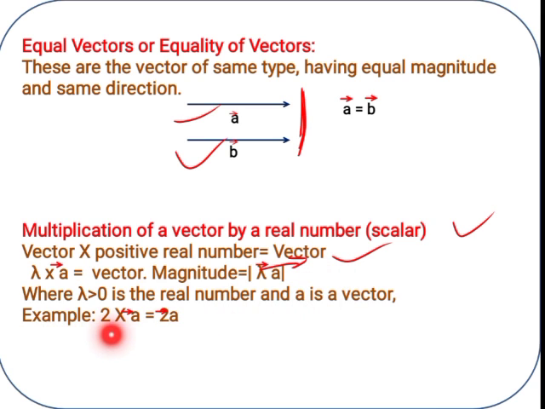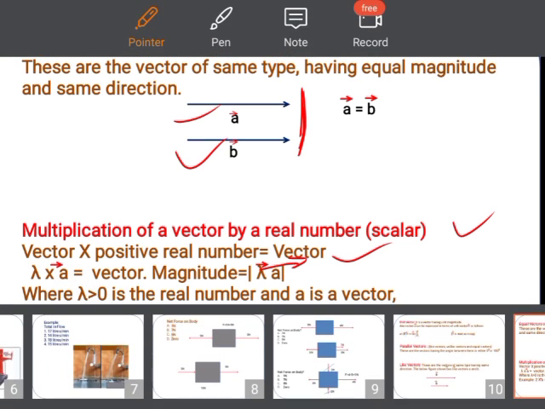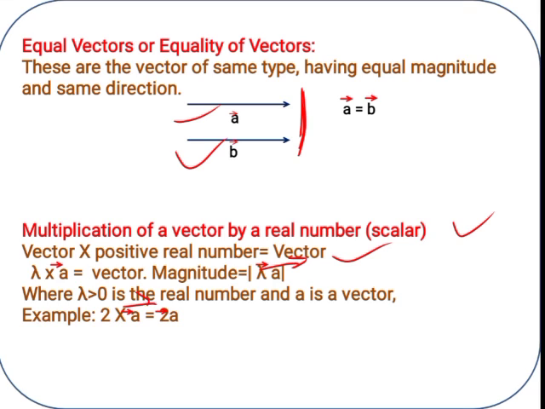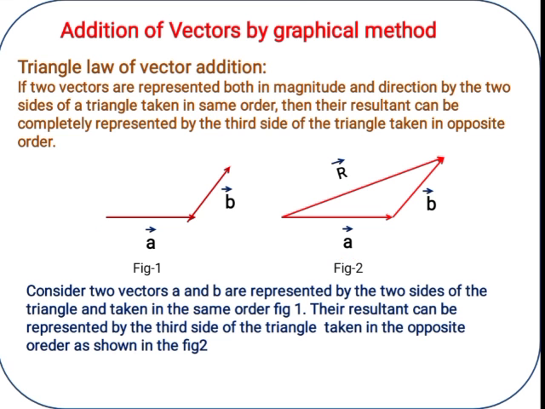For example, if we substitute a real number value instead of lambda, that is 2, then how do we write it? How do we multiply? 2 into vector A, that is 2A vector. So this is an example for the multiplication of a vector by a real number. Next one,